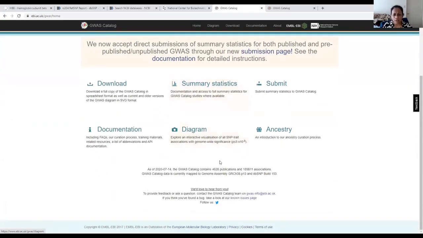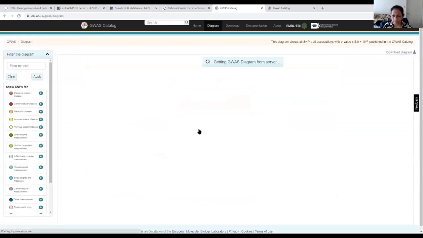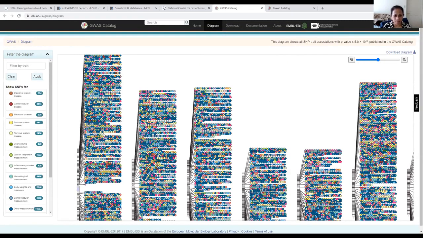And then if you click here on this diagram, I really like this diagram. Wow, this is just an amazing diagram. This is chromosome by chromosome, each one of the chromosomes. This is chromosome 1. If you hover over, this will tell you that this particular dot is from